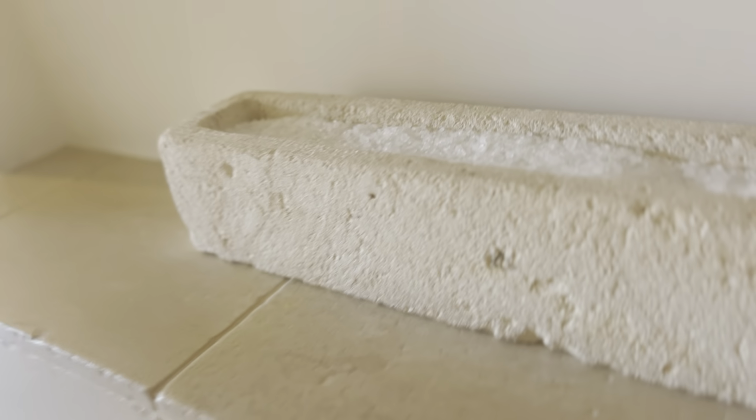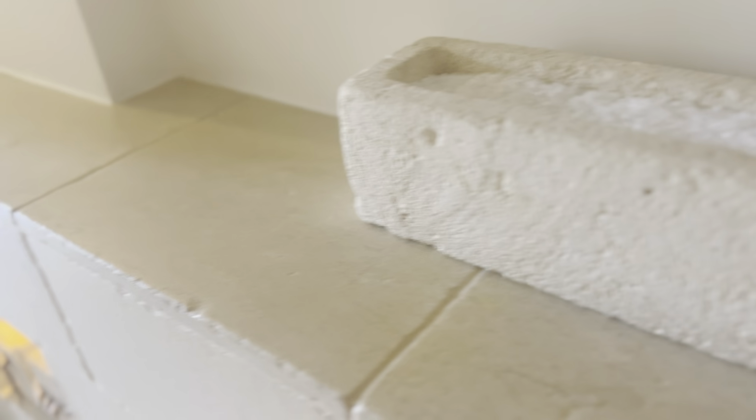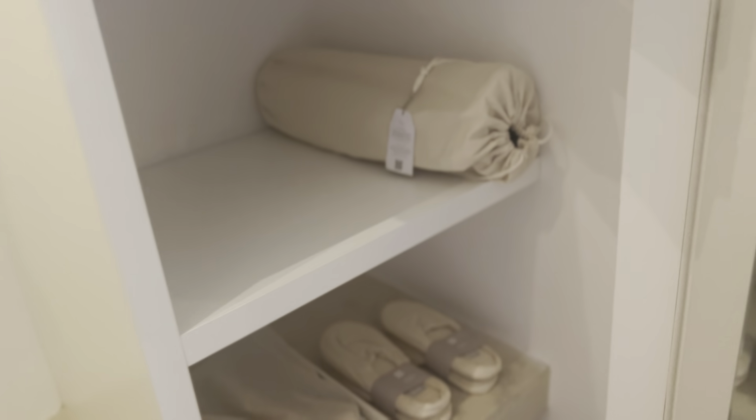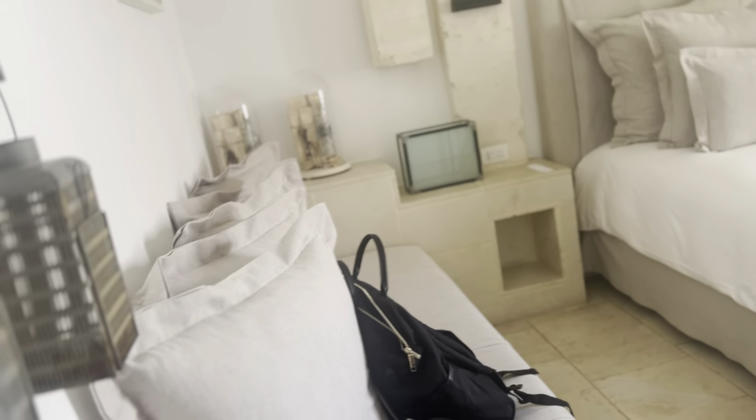Now, why, you say, is there a trough of salt? It's to collect the humidity. This closet has a yoga mat and slippers and the safe and lots of spare towels and a shelf for the wheelie coming on through. Again, nothing detracts from the overall color scheme,